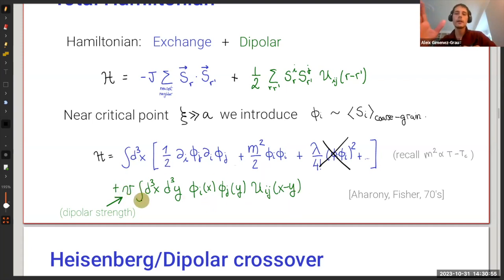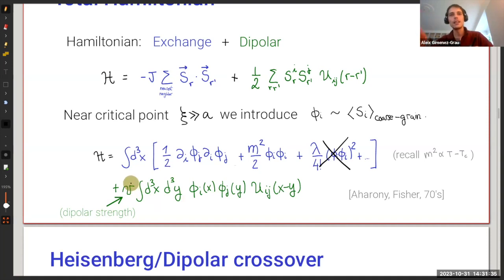So, to rephrase a little bit, abstractly you can just imagine that you set this coupling to 0. That's perfectly fine in our theoretical world. But the comment is that in practice, in materials, you cannot really set this thing to 0. In a Monte Carlo simulation, you can set it to 0. That's fine. But in a real material, there's always dipolar interactions. They might be small, but they are always there. You cannot really tune this thing to 0. There's no mechanism we have to tune it to 0.